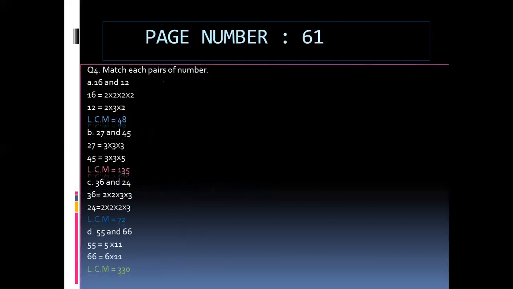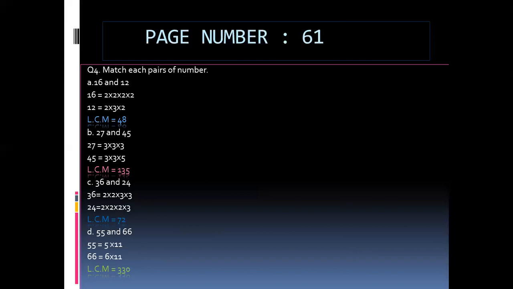In question 4, students, you see that there are eight parts. Numbers are given to you, and also the LCMs are mentioned in the second column. First, we calculate the LCM of these numbers, and then we join the required answer. Already LCM is given. You will calculate the LCM of these numbers in the rough column and you check that the LCM of which number matches which part.